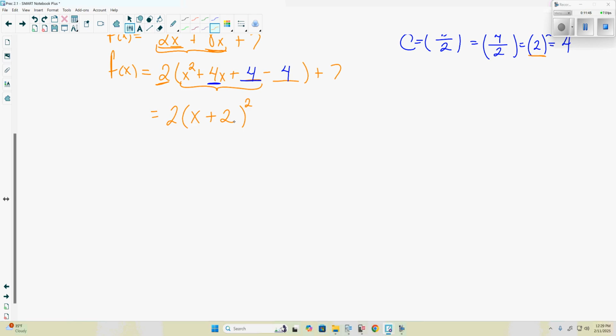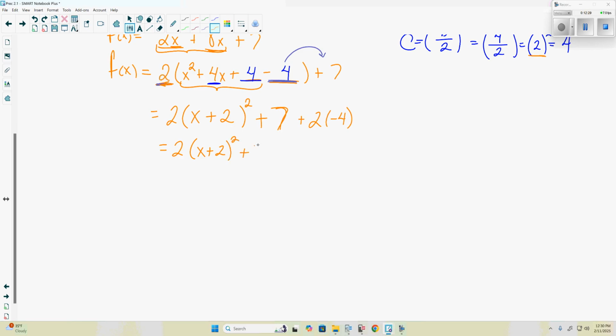And yes, we are going to have to deal with this negative 4 here. Now this negative 4 is going to come out of the parentheses. Now the reason we can't just add it to the end is that it's not just negative 4. It's also being multiplied by this 2, because every term in there is being multiplied by the 2. So we aren't really just dealing with negative 4. What we're really looking at is 2 times this negative 4, because this 2 value is affecting the negative 4 also. So really what we had to add in